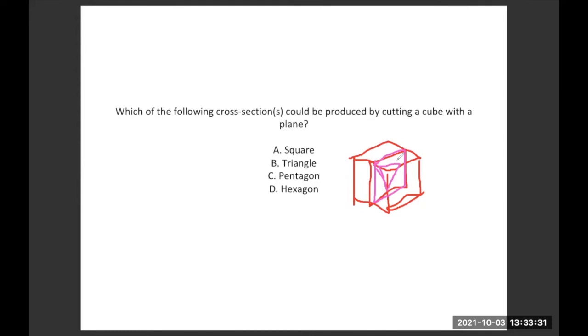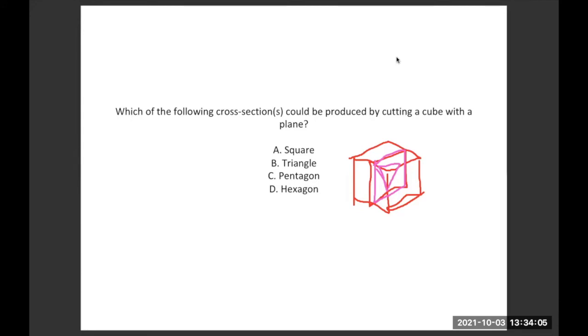If you cut this cube using a plane, which are the cross sections that you get? So square is a cross section that you're getting. Cross section is the remaining part. So when you cut any object, what you see after it is cut is the cross section. So in that cylinder question, the cross section is the part which was seen after getting cut. If I cut that cylinder along the diagonal axis, the oval shape which was formed is the cross section.